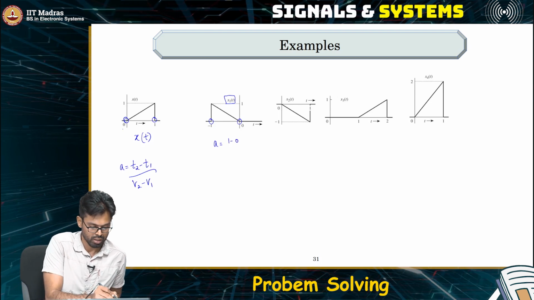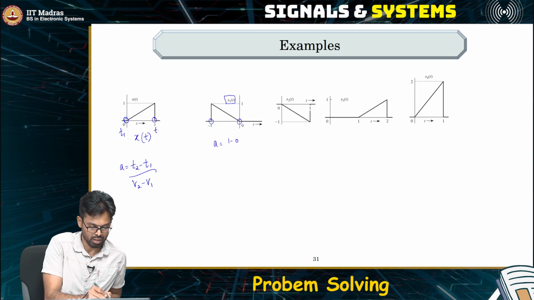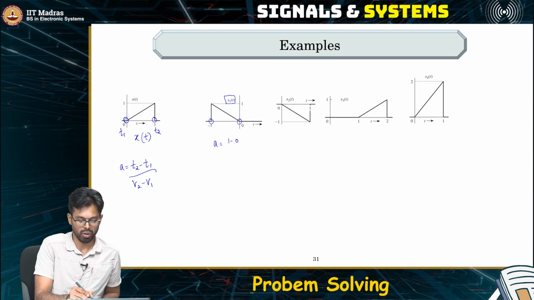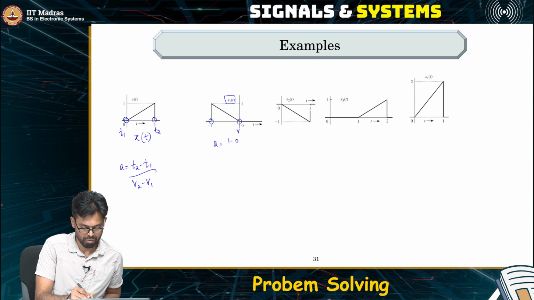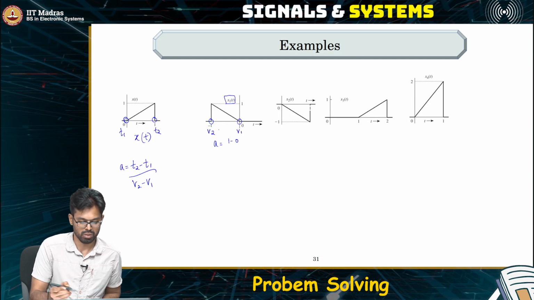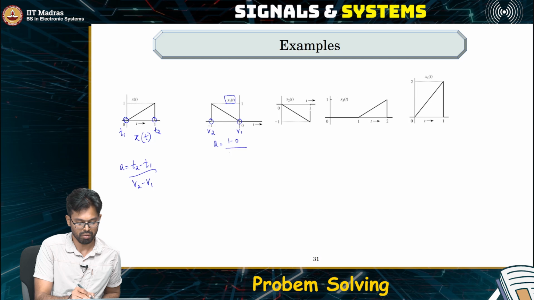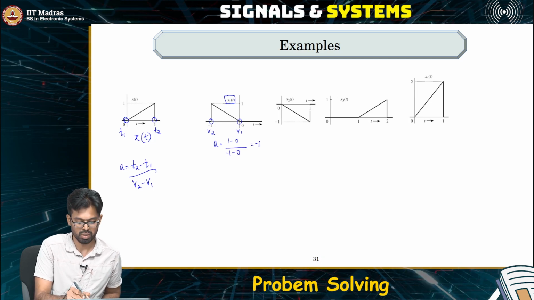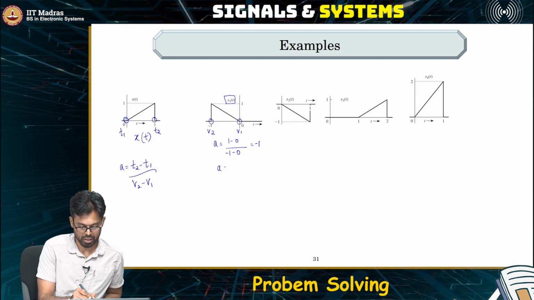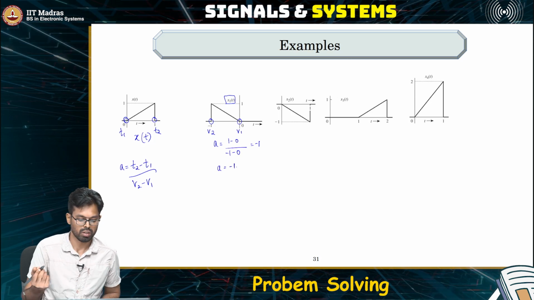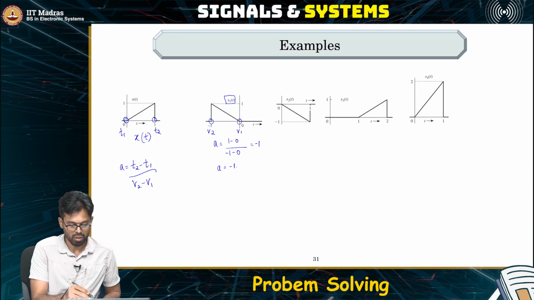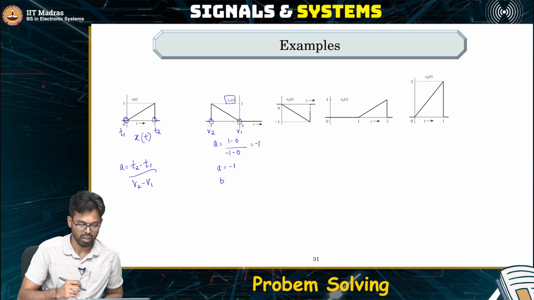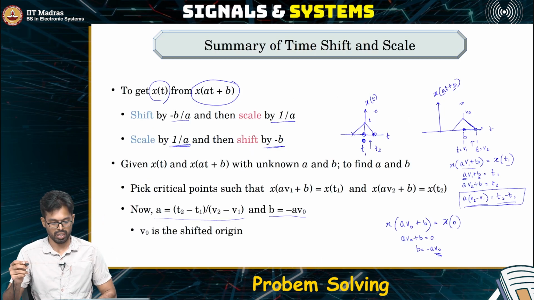Let's call this T1, this T2, and the corresponding values of V1 and V2 would be so and so. So we'll have minus 0, which gives us minus 1. So A is equal to minus 1, and B is automatically 0, because anyway the origin